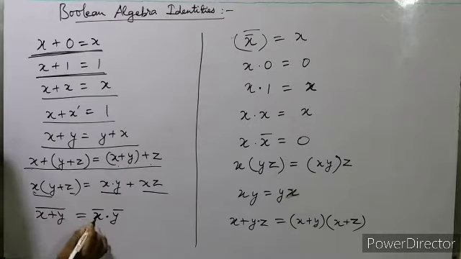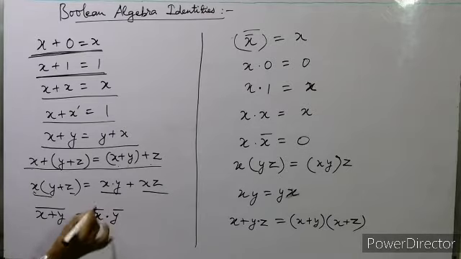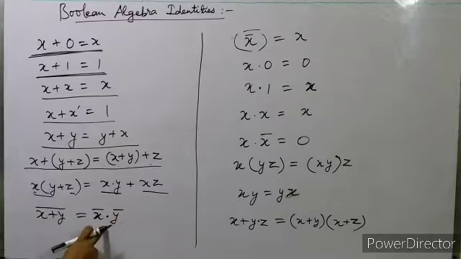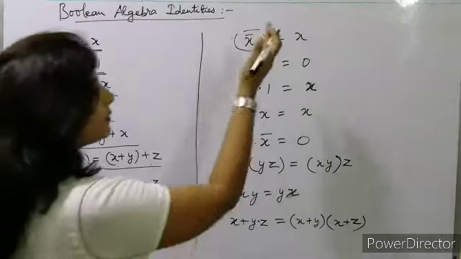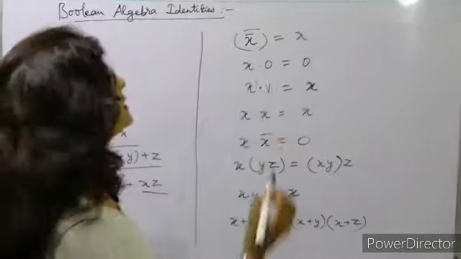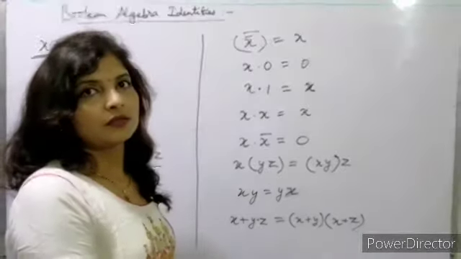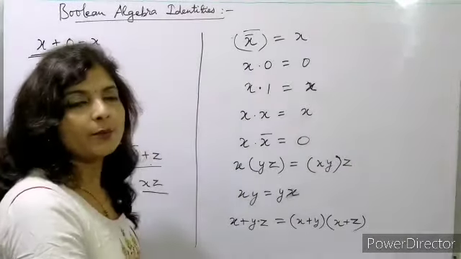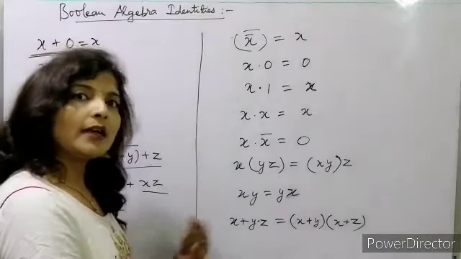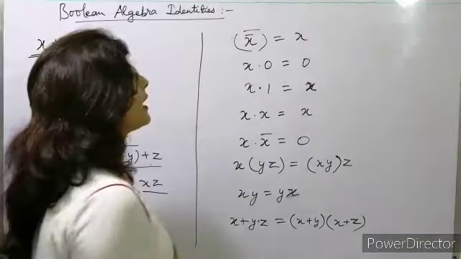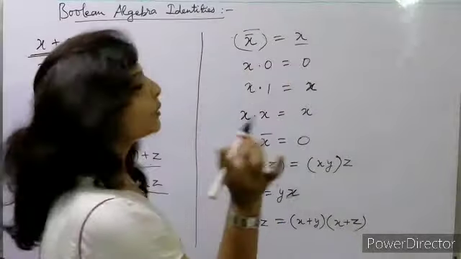Okay, and now x plus y whole bar, मतलब not of x plus y, will be equal to x bar and y bar, मतलब x bar into y bar. Okay, not of x into not of y. Okay, now for logical multiplication we'll see x bar मतलब not of x, not. या बार ऑफ एक्स बार, मतलब one not and another not, two nots हम लगाते हैं तो it will be equal to x, okay.